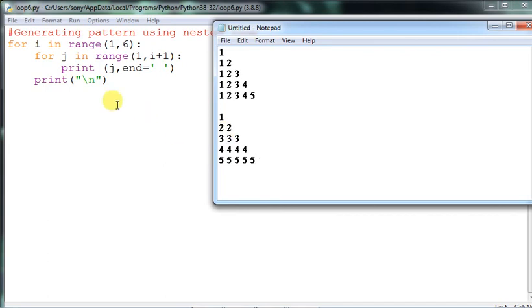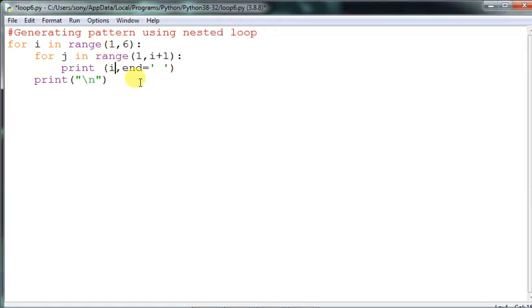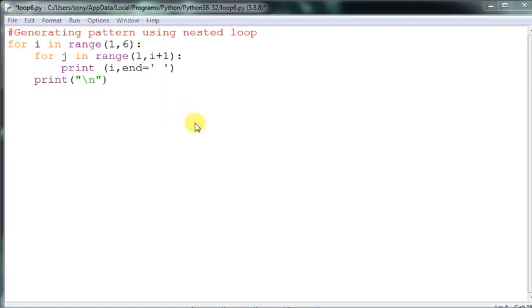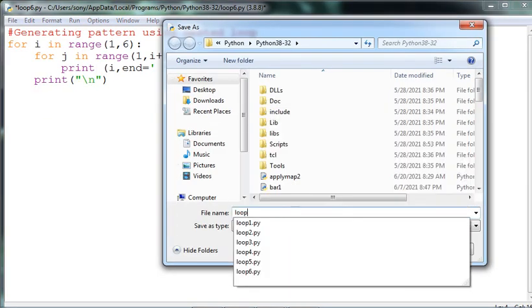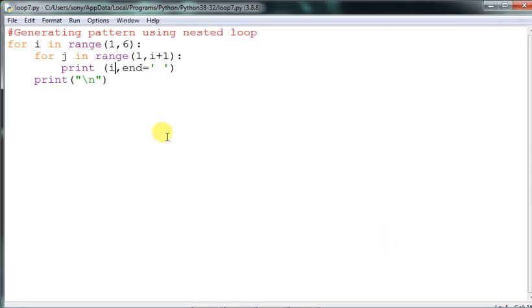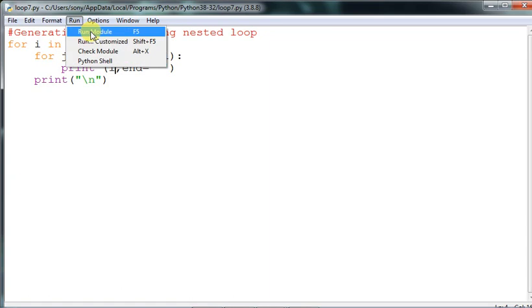So what changes do you need? You see here, the outermost loop is executing 5 times for the creation of 5 rows. So the value of the outermost loop is also changing 5 times. If we give the variable i here, then our purpose will be solved. You may ask how. Just let me save it. I'm changing it in loop 7, save it. Then you see what will take place. Now I am executing this program.